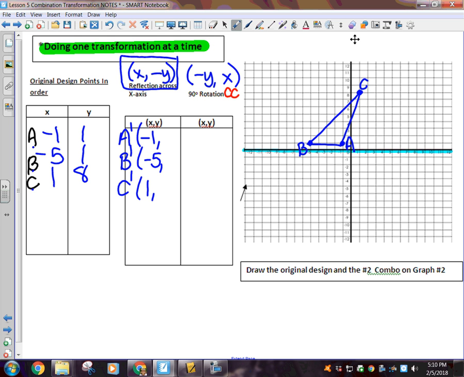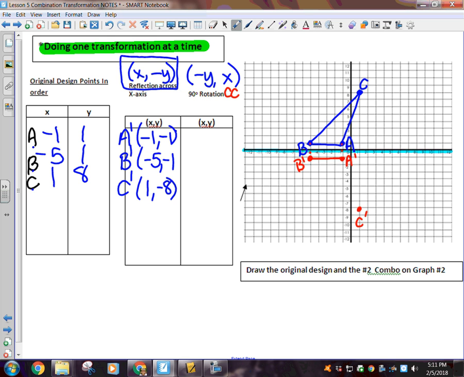But in this rule, the y's go opposite. So opposite of positive 1 is -1, -1, -8. So I now have A prime, B prime, and C prime. So I'm going to put those points on the graph, and this would actually reflect it. So if I'm 1 up, I'm going to be 1 down, and sure enough, that is -1, -1, that's A prime. Okay, 1 down 8, and that is C prime. And then B is once above the line, so I'll be 1 below the line, and that is -5,